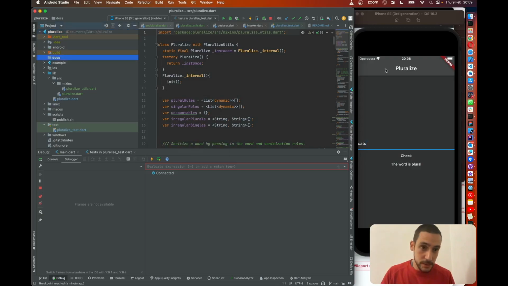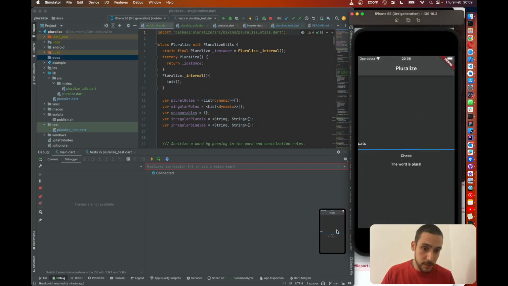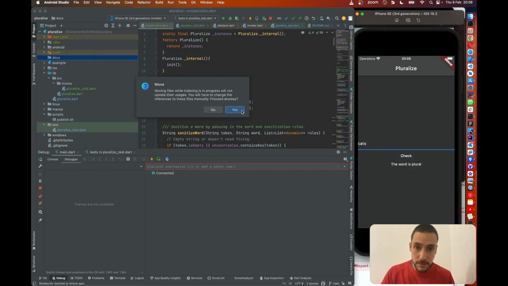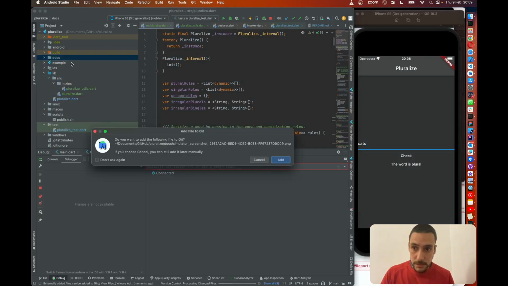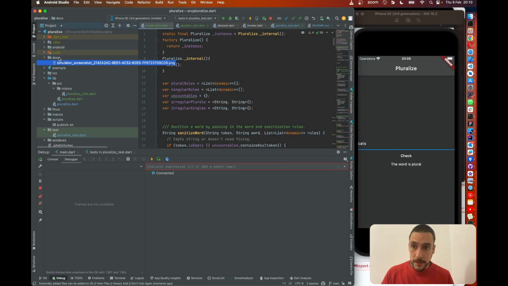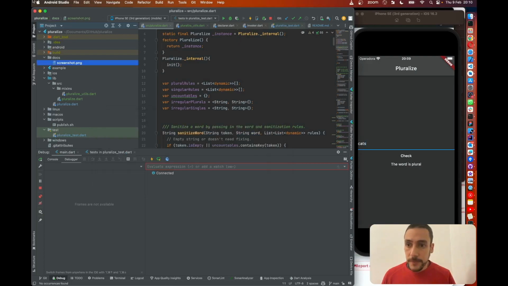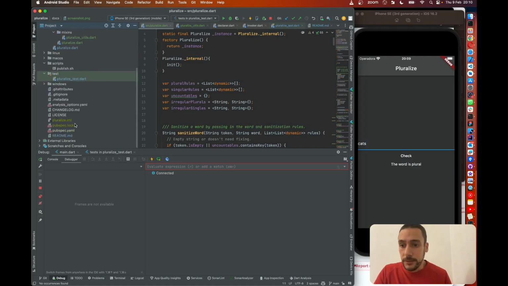So I'll put here the screenshot. It's quite easy to take a screenshot. It's just something like this. Okay, come here and screenshot. Okay, then we can reference it in the README,